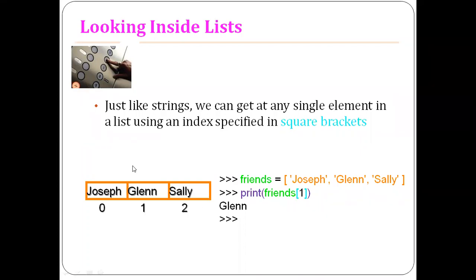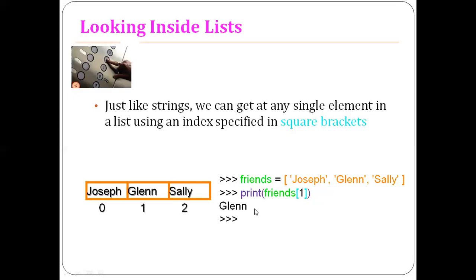So unlike your array, where one single element is going to occupy one memory location, here look at this one. A string is going to occupy a single index. Glenn, another string, is going to occupy a single index. Sally is going to occupy one single index, right? So if you want to print any particular index, print the index number you want. That is friends[1], the index number one. What you have stored in index number one is Glenn, and it is going to print the value Glenn